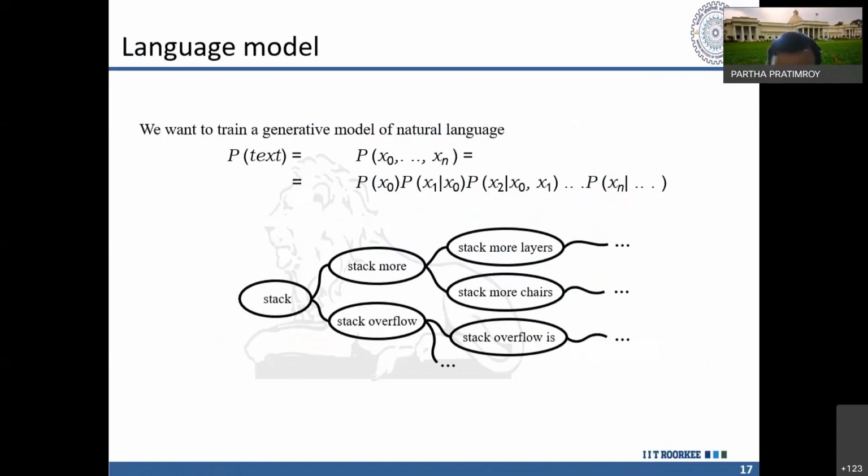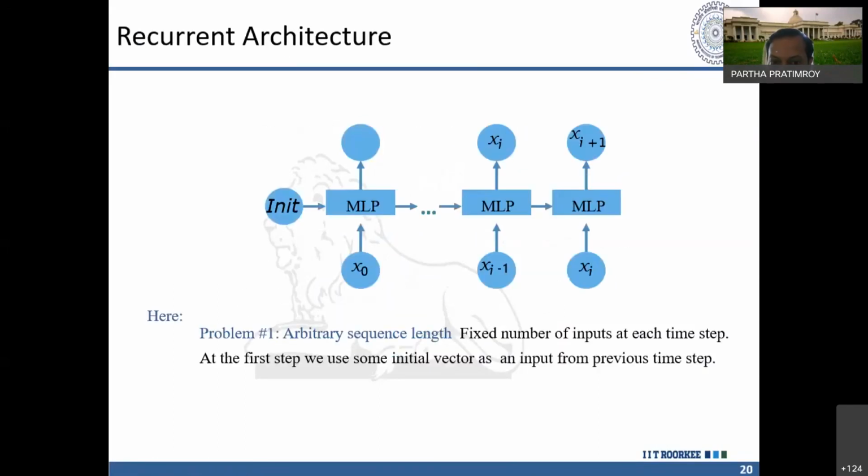So what we are saying is that you give a word, stack, to a multi-layer perceptron. You have some hidden layers, and finally you get the output. The output could be, for example, one of 3-4 words with probabilities. So it could be "more", or it could be "overflow". Then whatever you get, whether stack or more, that word comes as input to that multi-layer perceptron. You apply this word again to the multi-layer perceptron and you get the output.